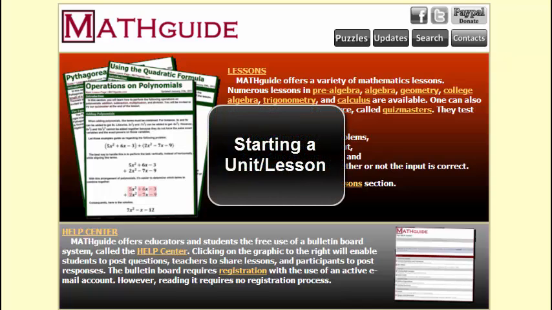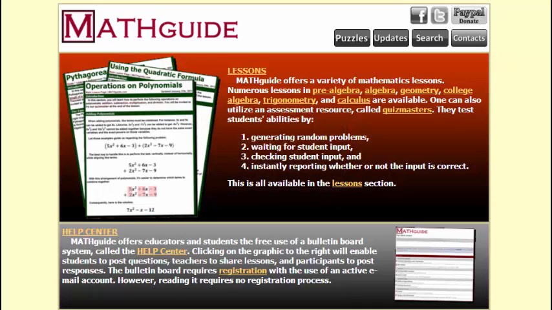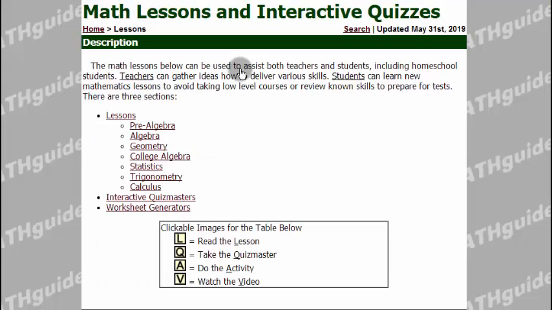So you're a teacher and now you're deciding that you're going to do some lesson planning. The first thing you might want to do is determine how you are going to launch into a topic. So you're now trying to figure out, how am I going to start a particular unit? Now the way MathGuide could be used for that is, well, here I'm going to click on lessons,